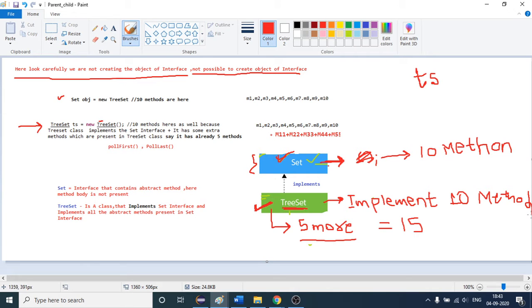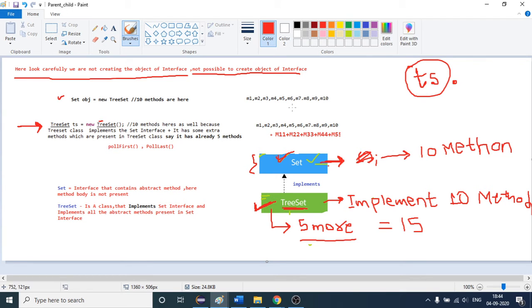Okay, so let's first come to this second one, TreeSet ts equals new TreeSet. First we have created the object like this. If I put the dot operator, you know that with the help of the object you can call the methods. As we have created the object of this class, it has 15 methods.